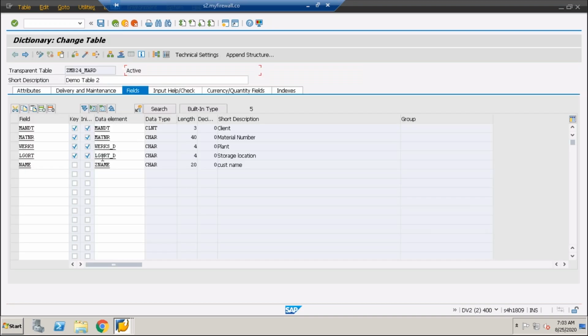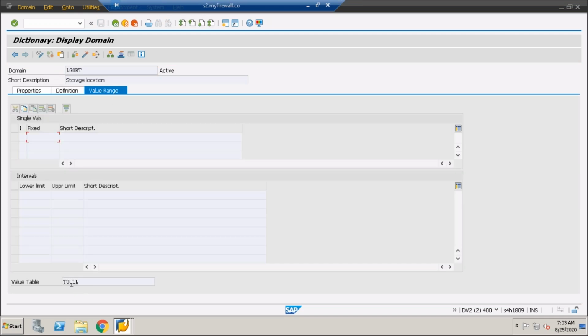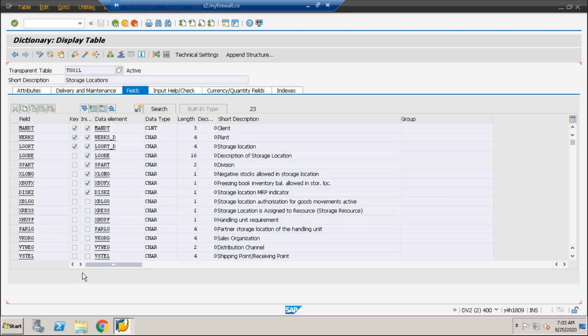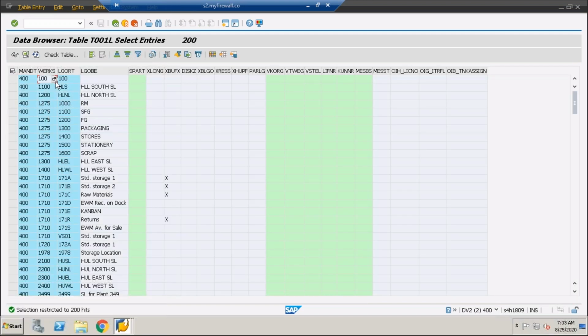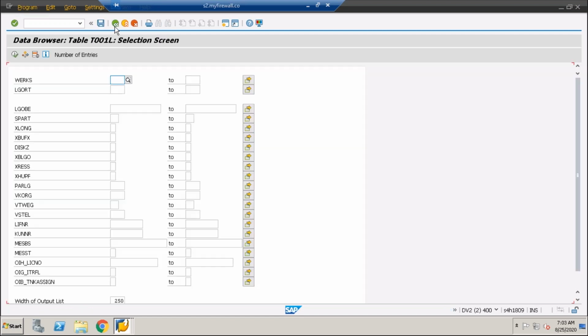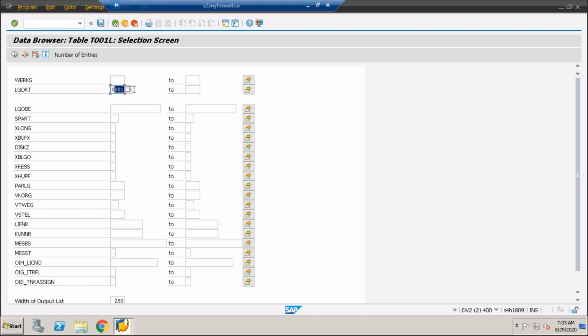So what I mean to say is that if you have given the value table, it does not mean that this value table will come under the F4 option. It will be showing you under this F4 option, though it is having some data over here, right? 100 HLS, all this data is there, right? What I have given while giving the entry over that, I have given 0001. This entry is present over here. That's fine. It's telling that the number of entries that meets the selection criteria is 10. That means this storage location